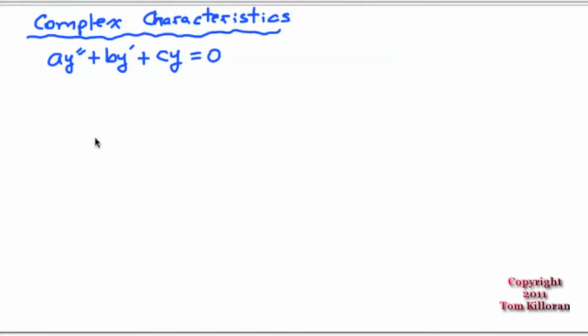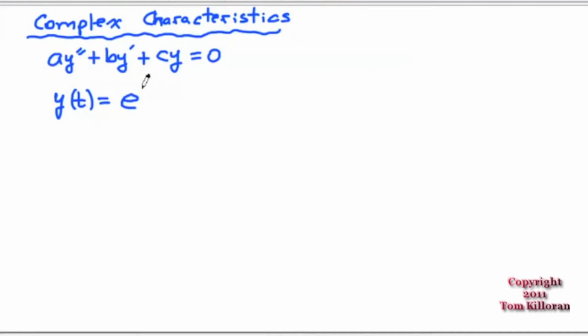On with second order differential equations and the characteristic solutions. I want to discuss what happens when they happen to be complex, like p plus qi. I would say a plus bi, but I'm using a and b in my differential equation here. So let's say that this does have a solution and we find that y of t